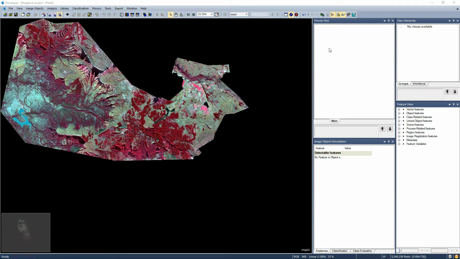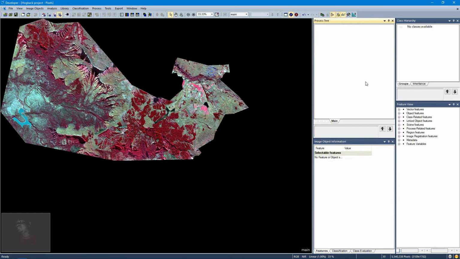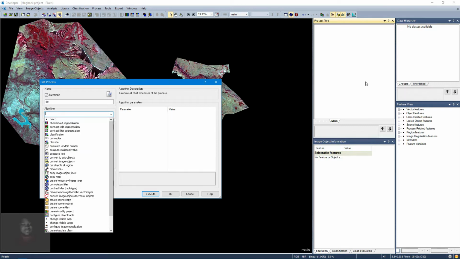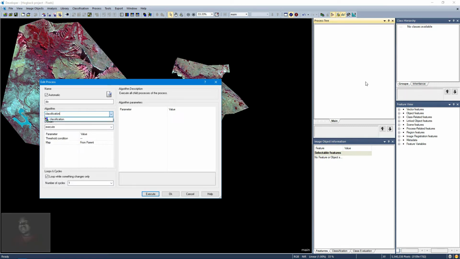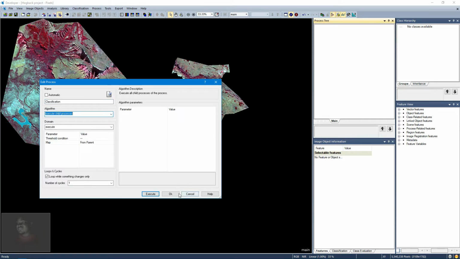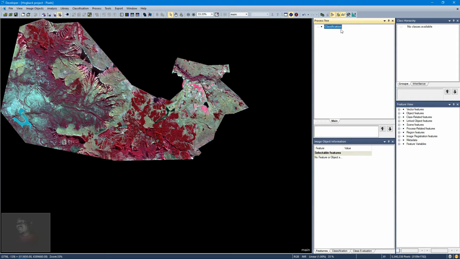So we are going to start by creating a new rule set. We're going to call it classification. Sorry, why am I saying classification? This is where I meant to type it. We're going to say classification, and then on the execute child process, we're going to leave it as execute child process, and then say okay. Then we're going to append the child,